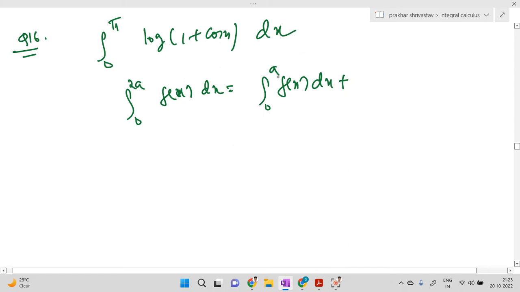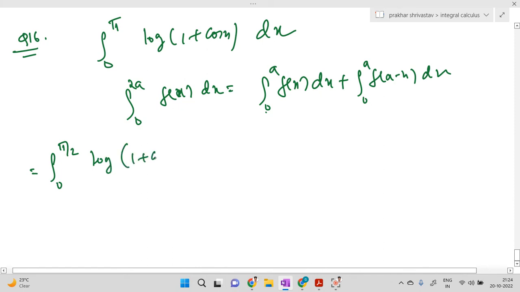It is integral 0 to a f x dx plus integral 0 to a f of a minus x dx, right? You will use the formula here. So it becomes integral 0 to pi by 2 log of 1 plus cos x dx plus integral 0 to pi by 2 log of